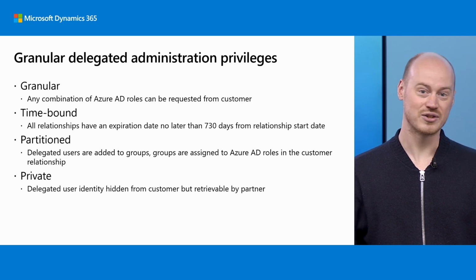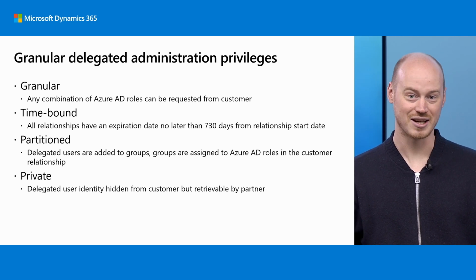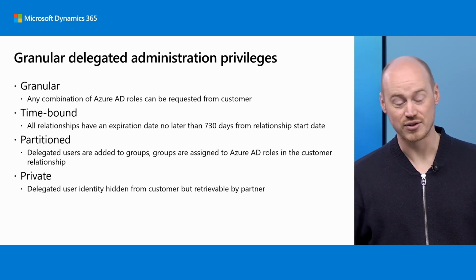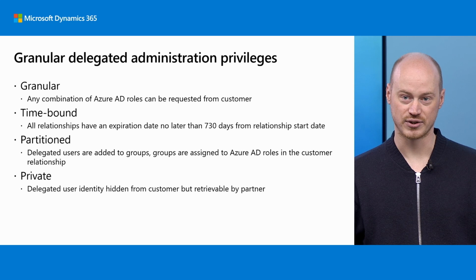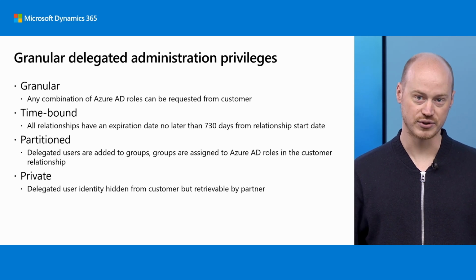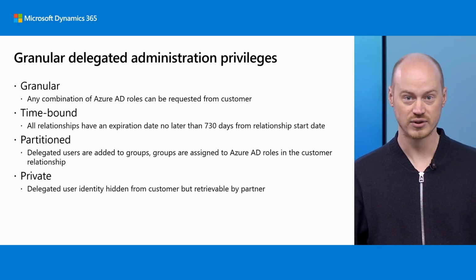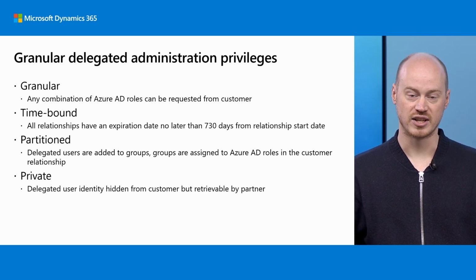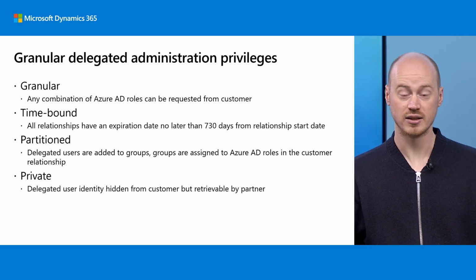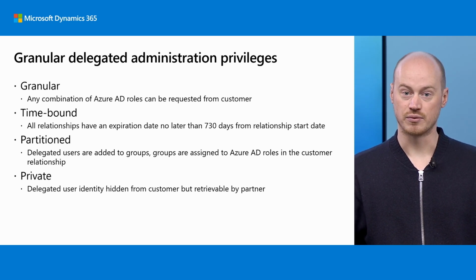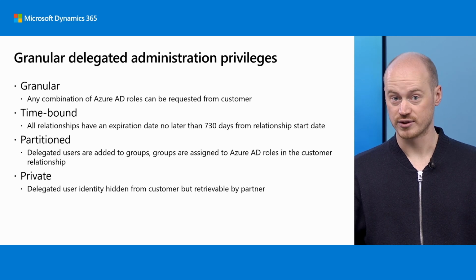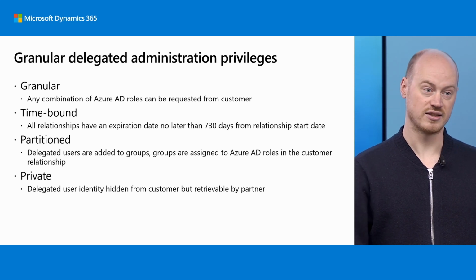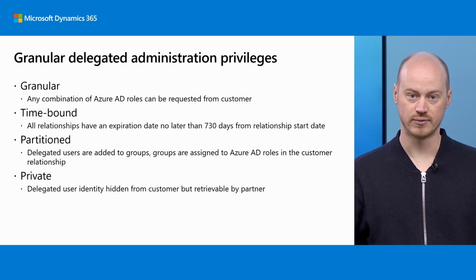First of all, these relationships are more granular, as the title suggests. Meaning that you can now select any combination of Azure Active Directory roles on your customer tenant instead of the 3 roles that were granted by default in the old delegated administration privileges system. For Business Central, we recommend that you use Dynamics 365 Administrator today as the most granular role that would still allow you to administer your customers' environments, but grants as least access as possible to other parts of your customers'